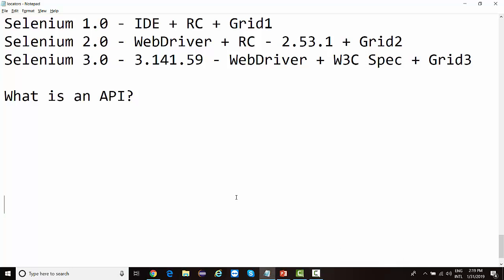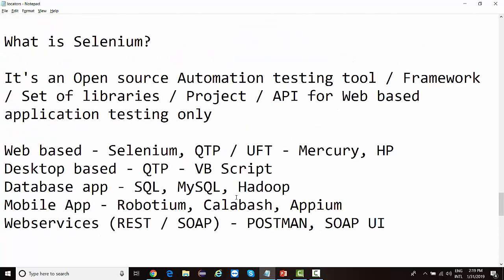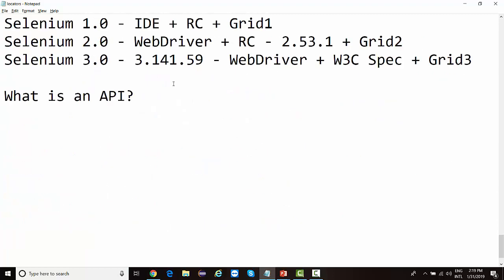Now, in the last lecture, we were discussing what exactly Selenium is, and I said that Selenium is basically an API. Now, what exactly is an API? That is what we need to understand before we start practically working on Selenium, because Selenium is not a